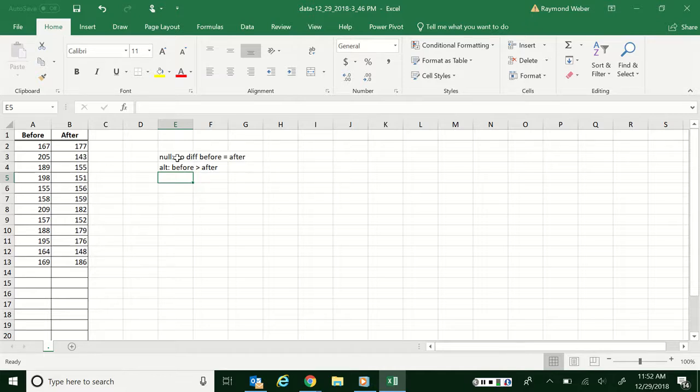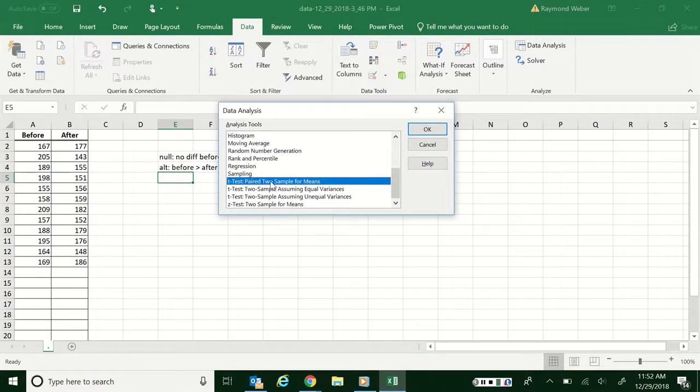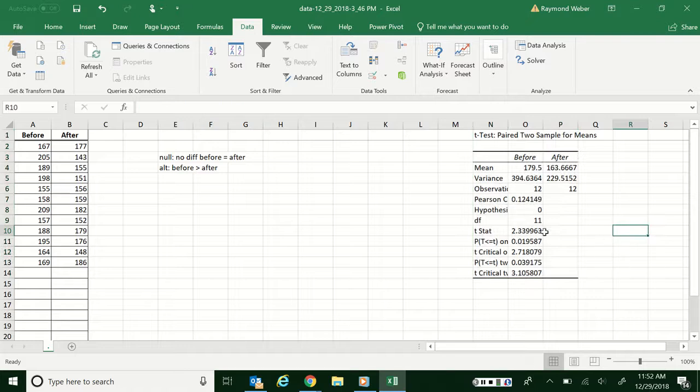Now, to do this in Excel, we're going to go over to Data, Data Analysis, and I'm going to go down to t-test paired. Okay? I'm going to click on it and put in, in my case, A1 through A13, B1 through B13. My hypothesized mean difference is 0. Labels. Now you can change this alpha. This normally comes up at 0.05, but for medical stuff, I usually do 0.01. I'm going to put the output over in N1. So then here's our t-stat,